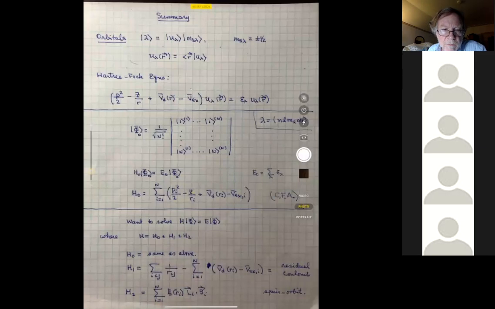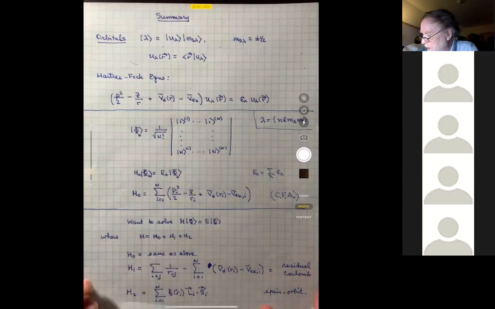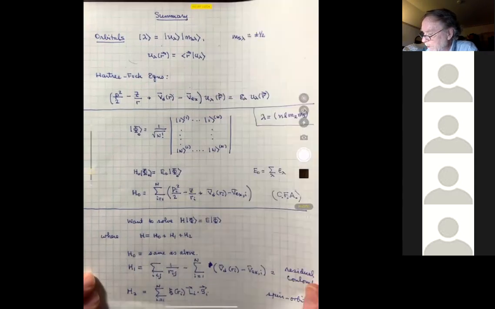All right, so what's that good for? Well, what's that good for is the following: this H0 is not the Hamiltonian we want to solve. We want to solve the electrostatic model. But the way we do it is we fix this up so that we add a term as a perturbation to H0, which creates the electrostatic model. So what we really want to solve is